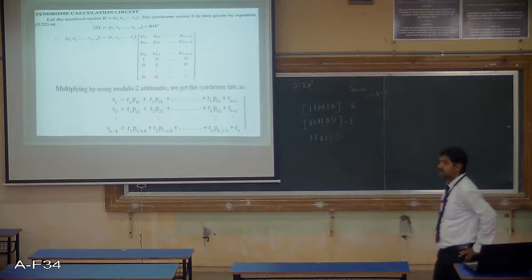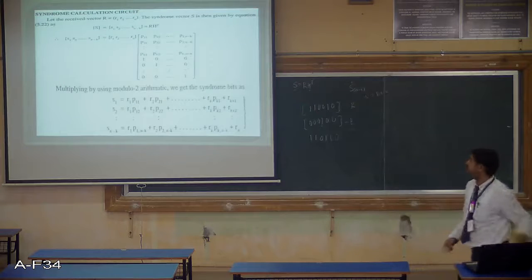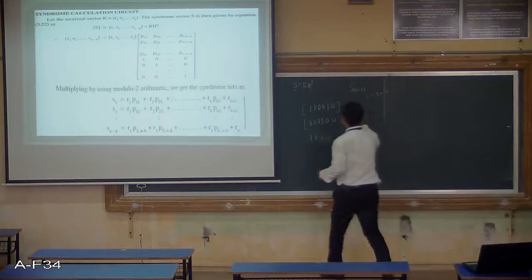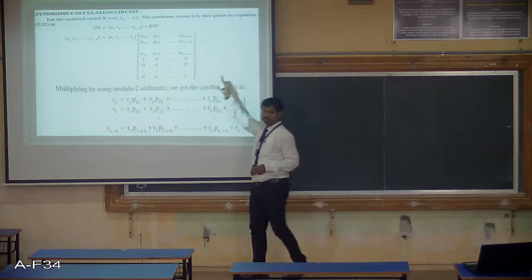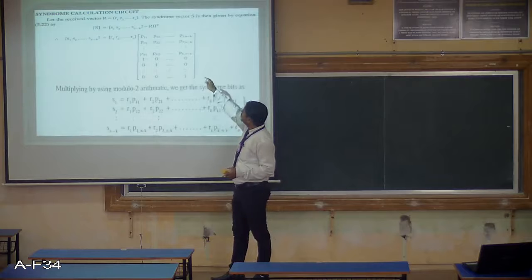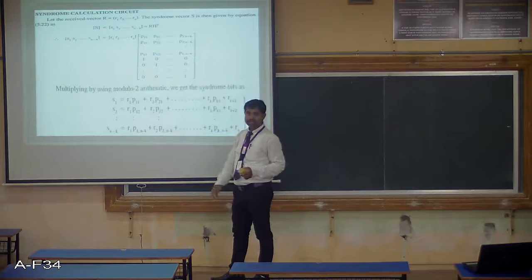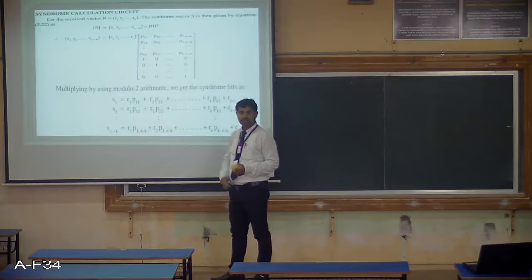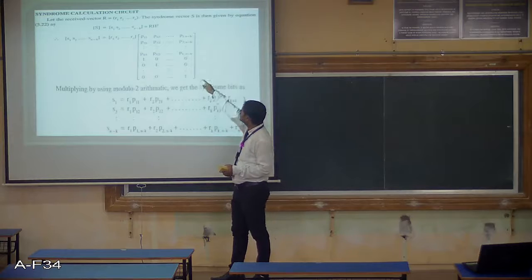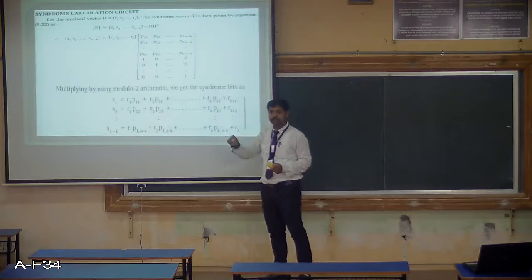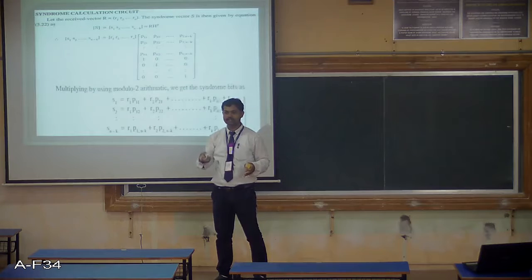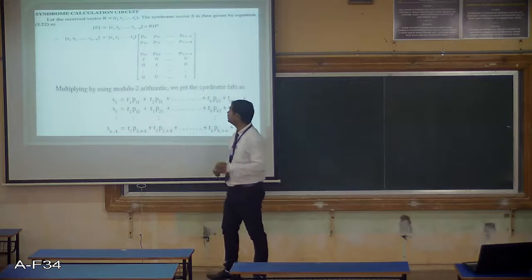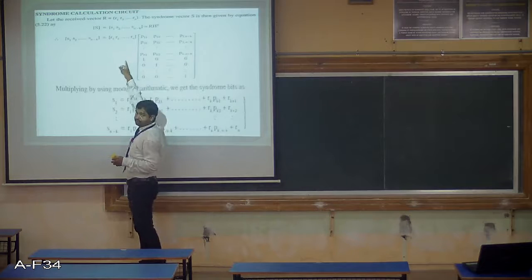So here again the received vector R is the matrix R1, R2, up to Rn. Next, the syndrome S is S1, S2, so on up to S(n-k). And you know the equation S = RH transpose. Previously we did it with the help of a problem. The same thing I am representing using some equations. So that is the R matrix. This is the H transpose matrix.